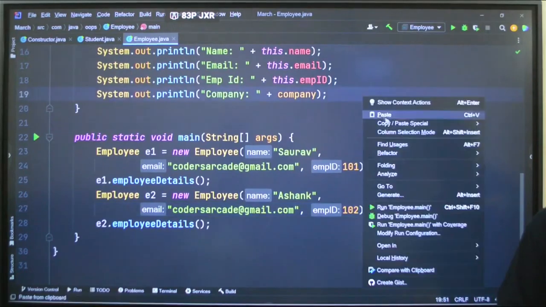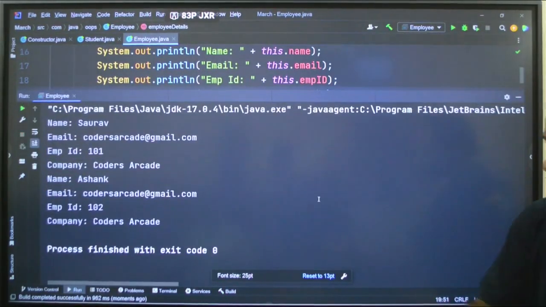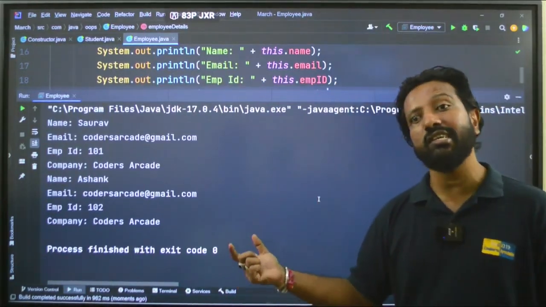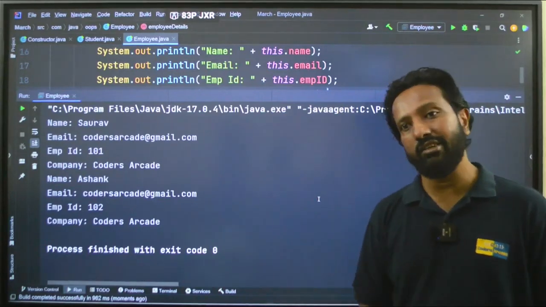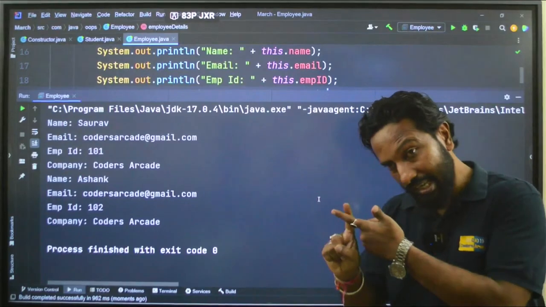Okay. Now run this and see what happens. See, we are getting the same thing. Does it matter? It really matters a lot, because it will create a more efficient way of writing the code. Hope you have understood this. Got it? So if anything is not changing, make it final.